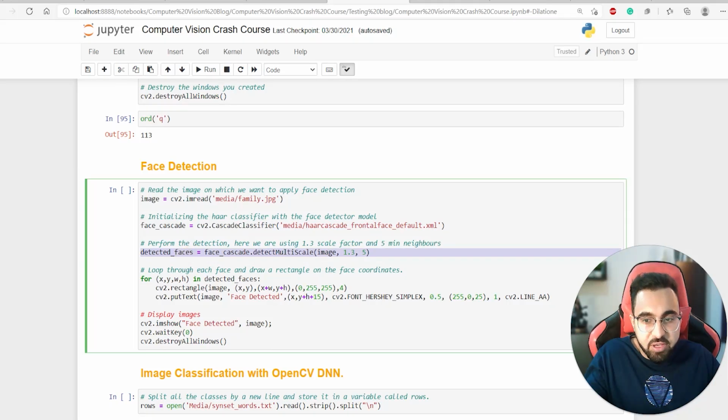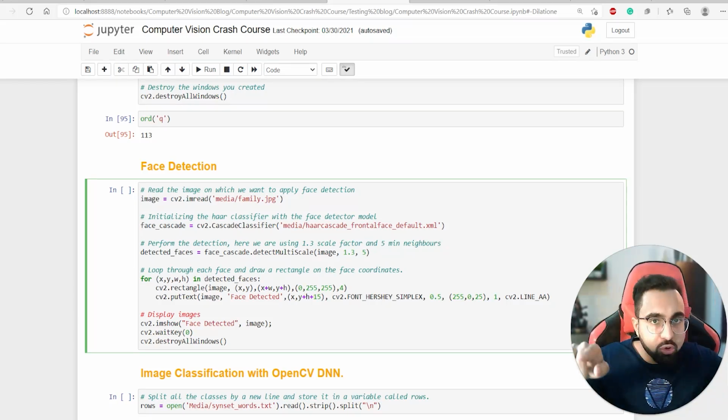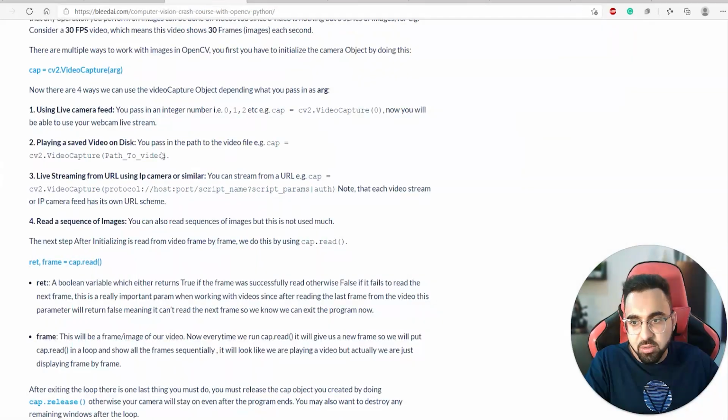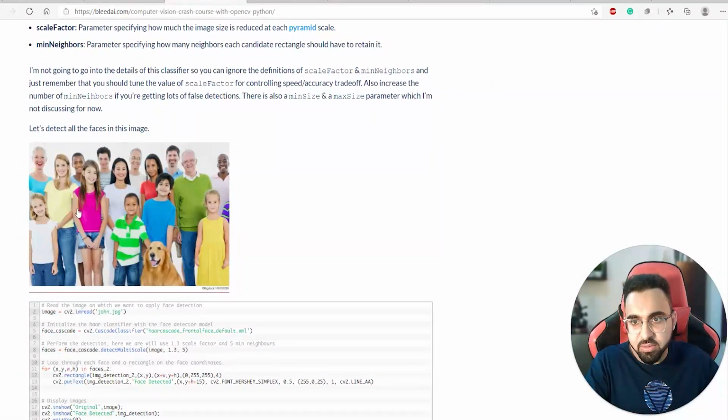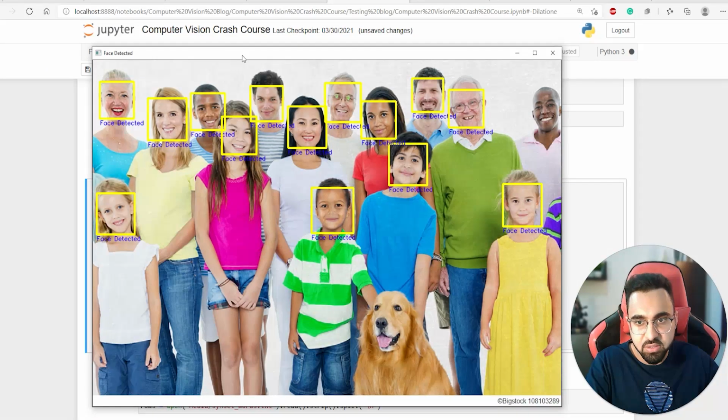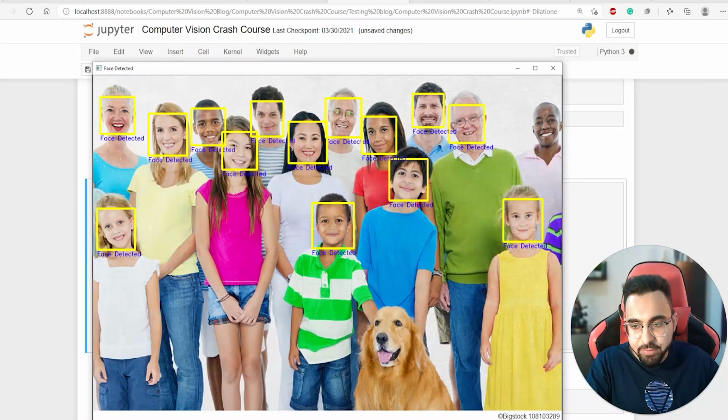That's it. You detect faces, and by just doing these 2 lines of code, I have done face detection, and all I need to do is iterate over this returned variable and extract the faces, and then use the cv2.rectangle function to draw those coordinates. And I'm also putting up the text that the face is detected. So if I run this function, let me show you the original image. So this was the original image. It doesn't have any faces. And if I go back here and show you the detected faces,